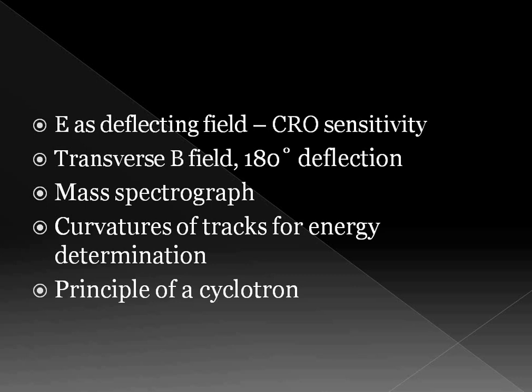The cyclotron works on the principle that charged particles moving normal to a magnetic field experience a magnetic Lorentz force, due to which the particles move in a circular path, because the Ds are placed in a magnetic field. So when a particle moves normal to the field, it will naturally choose a circular path. Those principles are used in the cyclotron. You will understand more when we discuss it in detail in our class, and we have to derive the equations also.